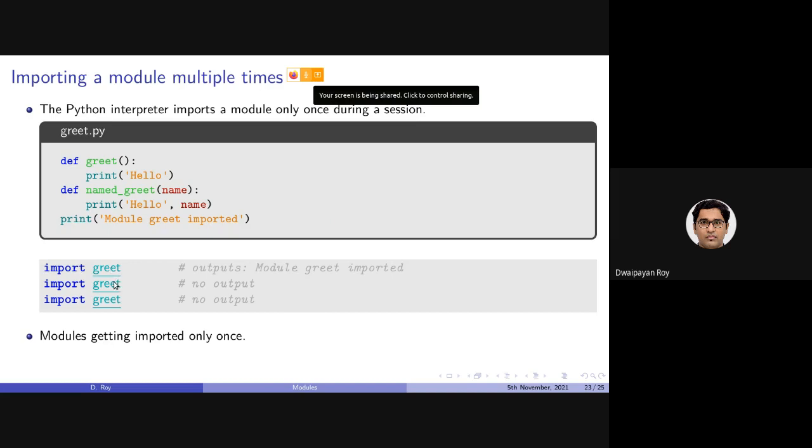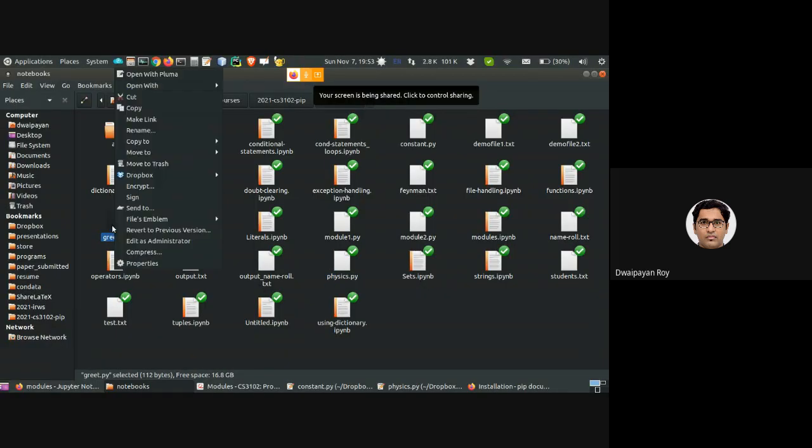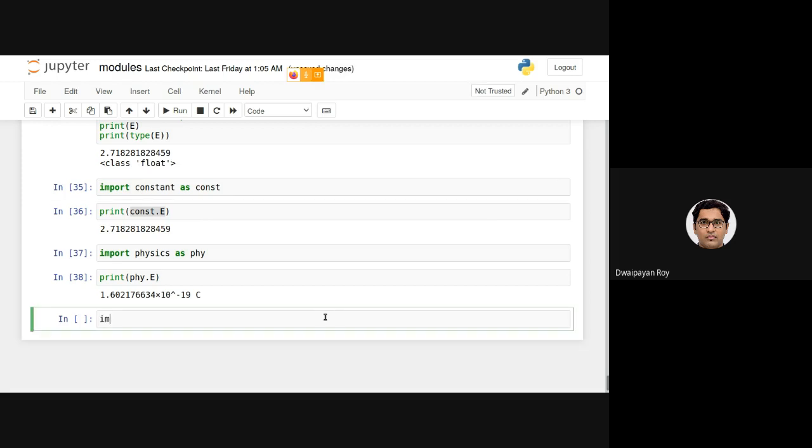If there is an import of the same module again afterwards, what will be happening? In short, there will be no output. So let's say, as I said, I have this greet module saved here. Let's open it. This is containing this, and I will be able to import it. In fact, I have already imported it.